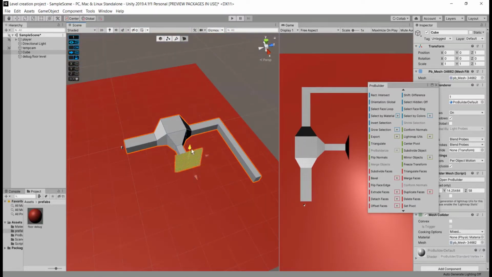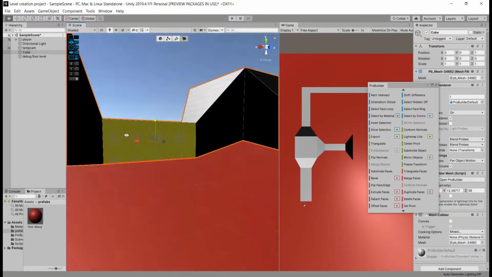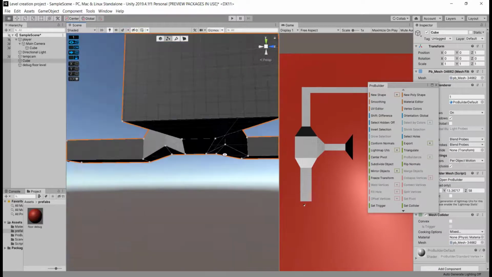Now let's keep on extruding, scaling and extending faces to create more parts of this level.